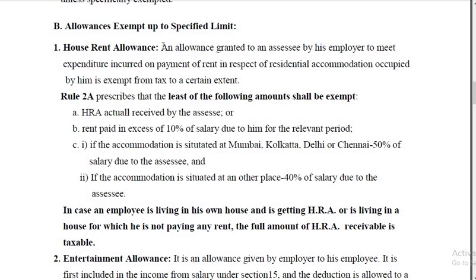If the accommodation is situated at any other place, 40% of salary is due to the SSE. So, out of these three clauses, whichever is least is exempt, and the remaining amount is taxable. Here, relevant period. What is meant by relevant period? For example, in a year, out of 12 months,